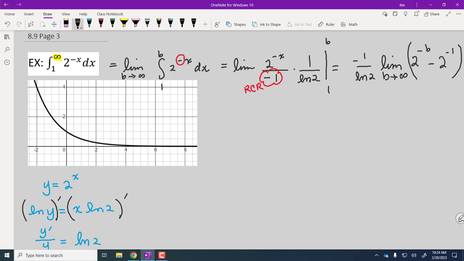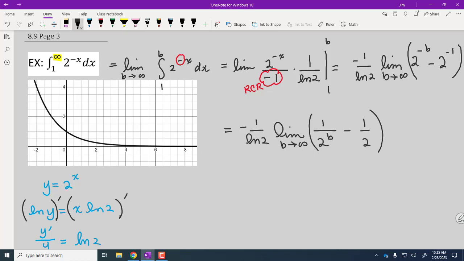Everybody agree with that? So the only part in there that's variable is the 2 to the negative x. So we plug in the upper limit, get 2 to the negative b, plug in the lower limit, get 2 to the negative 1. And before we evaluate the limit, like I did on the last one, I think it makes it a little easier if you get rid of negative exponents. Negative exponents tend to be bugaboos. Tend to cause a little bit of grief. So if we get rid of the negative exponents,